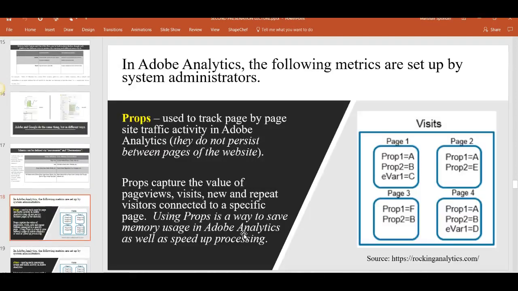In Adobe, we have metrics that are set up by administrators. Every platform has its own way of defining things. Every platform has its ins and outs, but you can see that they all deal with the same thing. In Adobe, they have things called props, and there's a reason why they have that, because of the way it was coded originally. They track the activity from page to page of site traffic.